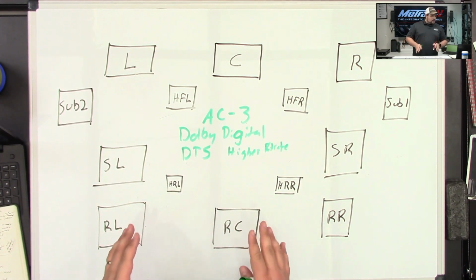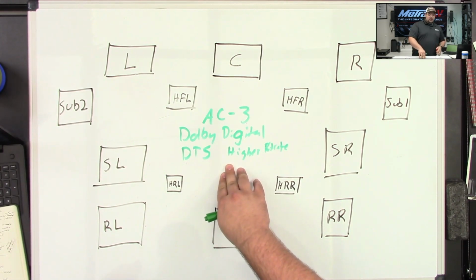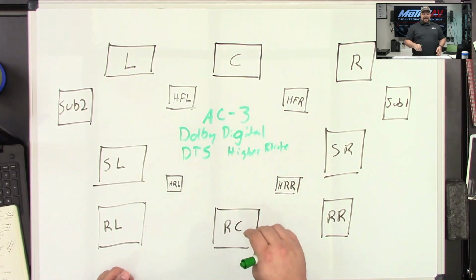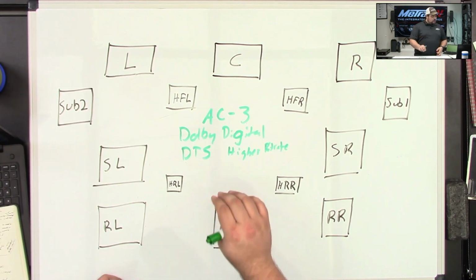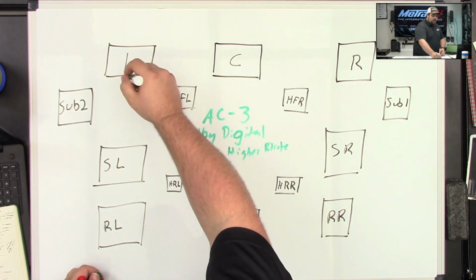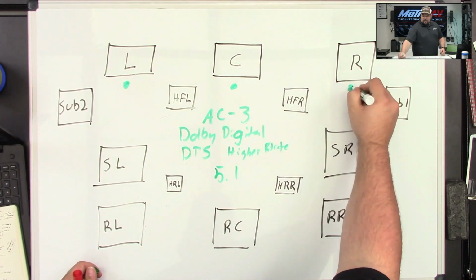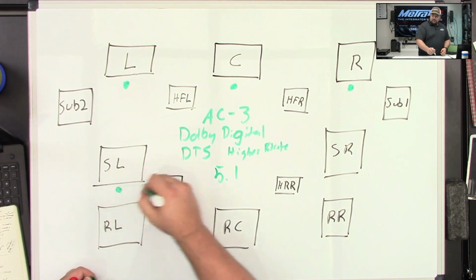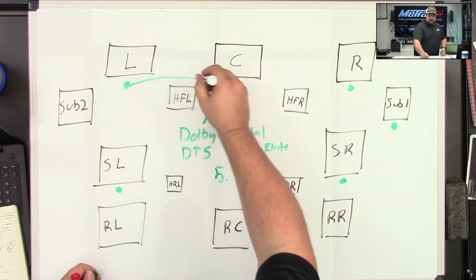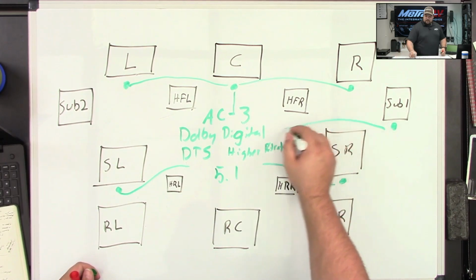This is where we get into an actual surround sound channeled system. We don't have to worry about modulating the left over to the center and then the right to the rear or anything like that. Now we actually have discrete channels for that service. So what we wind up with in Dolby Digital is a true 5.1, right? We had our left, we had our center, our right, we had our surround left and our surround right, and then we had our subwoofer. And all these connections came back to the central processor, like so.